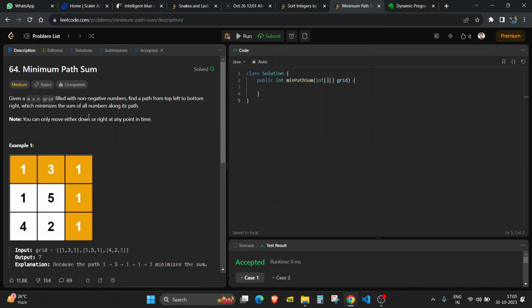Hello friends, so today we're going to be solving this question, minimum path sum. Let's read the question description first. Okay, so we are given an m cross n grid matrix filled with non-negative numbers. So all the numbers will always be positive, right? And we have to find a path from top left to bottom right, which minimizes the sum of all numbers